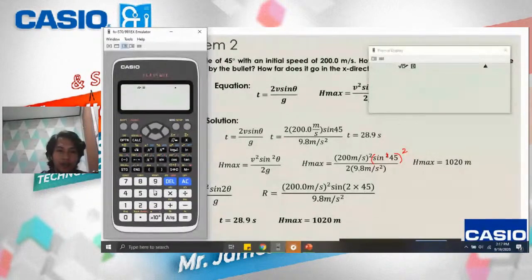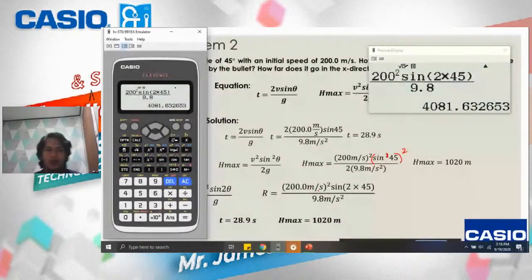So, range natin is, pinaka-input, no? 200 square sine 2 theta. So we multiply the value of our theta to 45, then close. So iba siya sa sine square theta over 9.8. Right. Equals